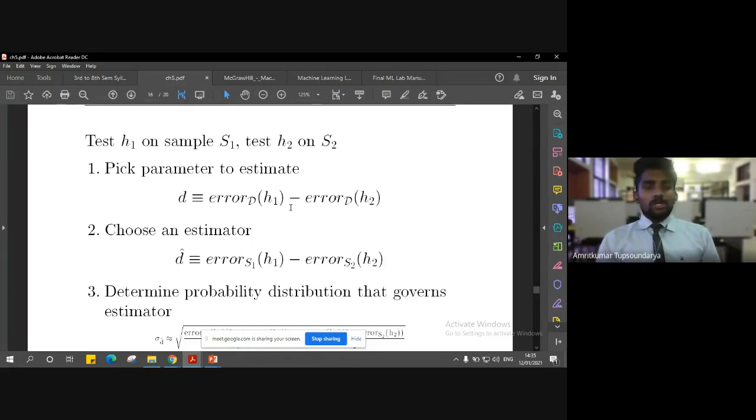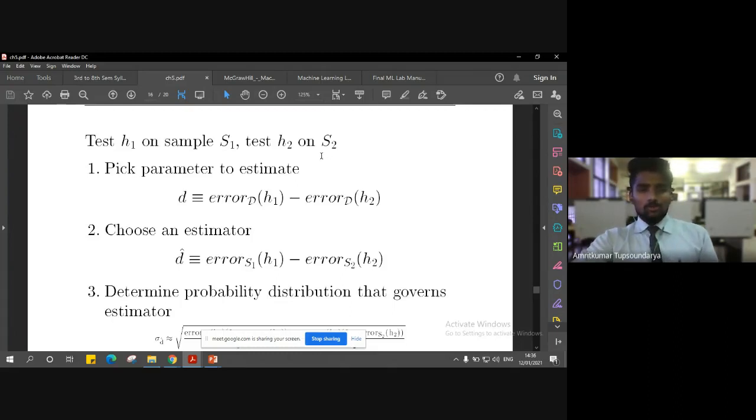Right. So when we try to find out the difference in the error of two hypotheses, we have to first test on those hypotheses. So we'll be first testing, let's say, the first hypothesis with some sample test example, let's say S1, and similarly we'll be testing the second hypothesis with the second sample, let's name it S2.